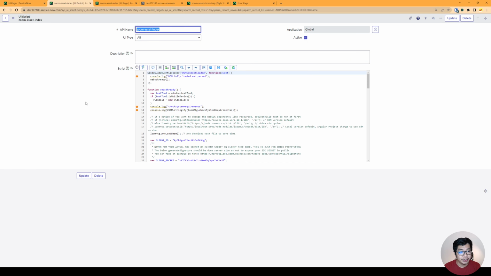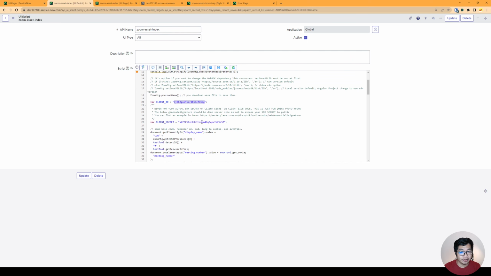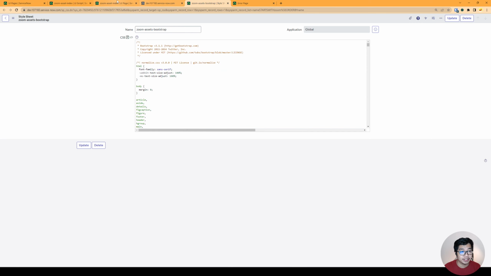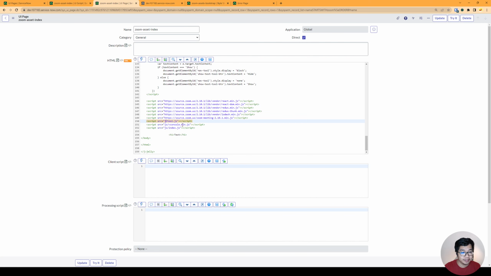The next thing we need to do is go to the index file and start putting in our client ID and client secret. So this is the same client ID and secret from our SDK app, and it's already there, right? So I think the next thing we need to do is go back to our UI page, and we need to reference them as zoom at slash. Don't forget the slash to point to the root path of your ServiceNow instance. So this one is slash zoom asset dash, and instead of JS, we need to reference with JSDBX. Same for index.js, right? So index.jsdbx